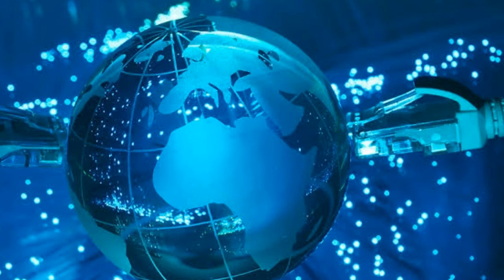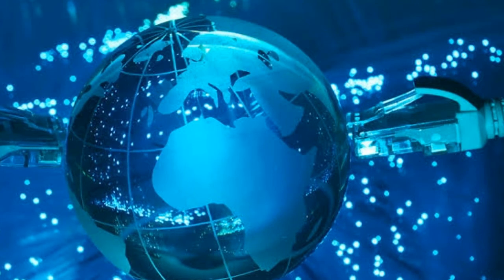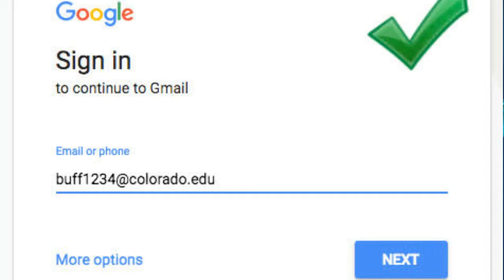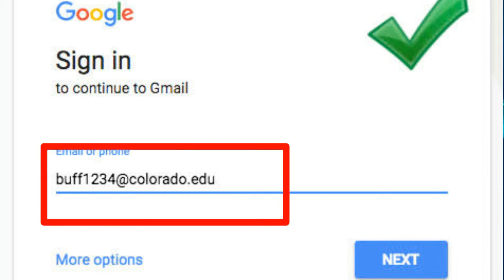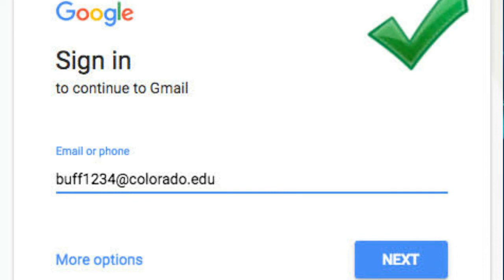Okay, you should have an internet connection. You know that you should have an internet connection. You should have an email address, and an email address just looks like this. There is a username, and that username is separated from a fully qualified domain.